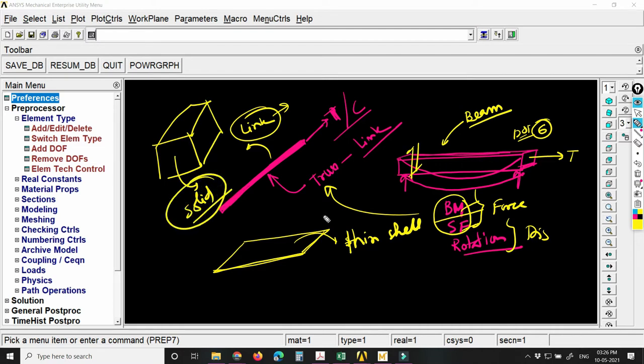Every element is different because it has different capacities of analyzing. The solid element is more versatile than, suppose, a beam element. So choosing the correct element type is important in ANSYS. You have to know what you want out of the analysis, what your objective is, and according to that you will choose the elements.